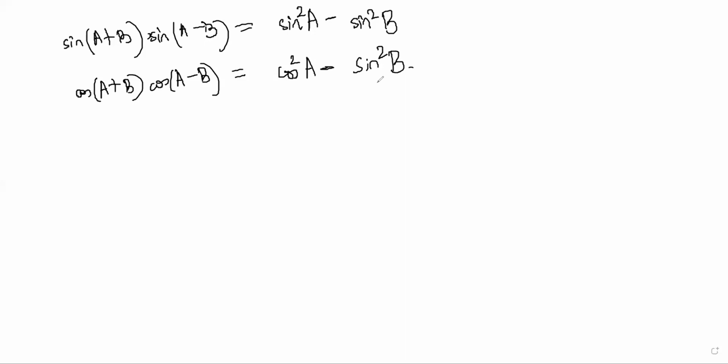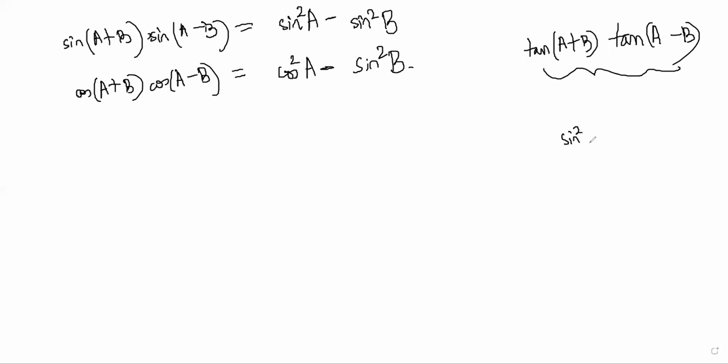And the tan formula also you can prove in a similar manner. Tan I will leave it for you. I mean, it's very straightforward. Suppose you have to do this: tan of A plus B into tan of A minus B. The top part is sine of A plus B by sine of A minus B, no? Yes, sir. So the top part of that can be written as sine square A minus sine square B, and the denominator can be written as cos square A minus sine square B, right?